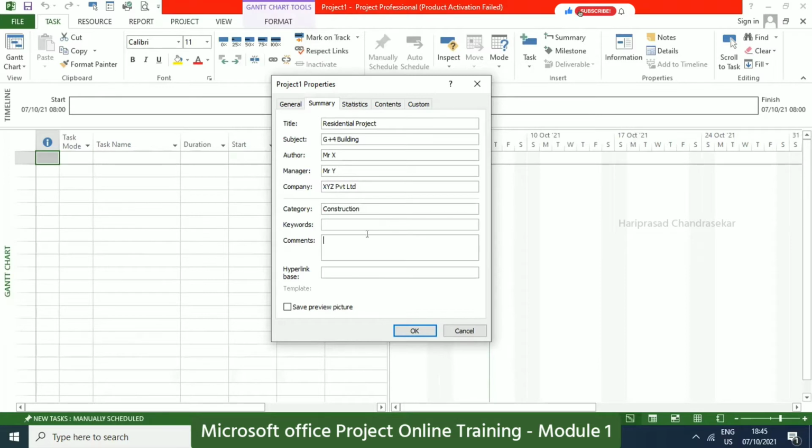Some keywords if you want, or some comments. So this project has a budget of so on. And if you want to put some website, you can put it here.